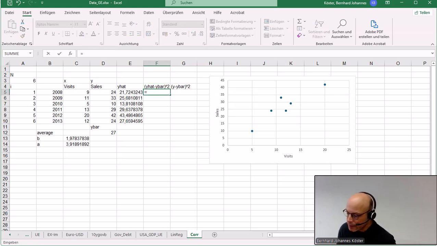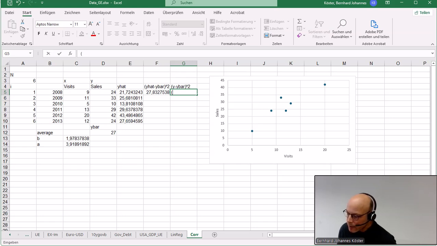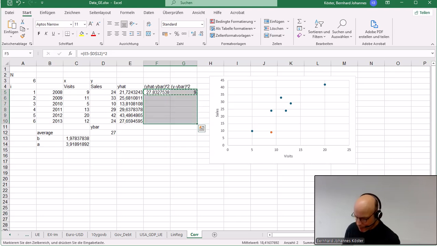So, of course, then opening the bracket, y hat minus y bar, the 27 again with the $2 we have to fix, and squared, and now y, oops, sorry, equals y minus y bar squared, and here I need $2. Copying this downward,